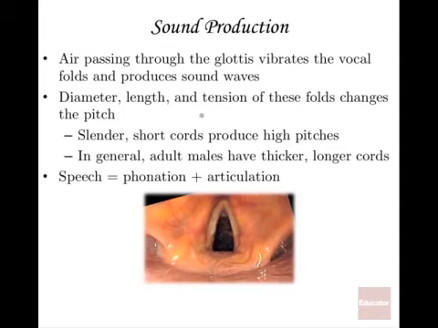On a guitar, the particular strings that make the lower pitch notes are thicker strings, and the really high-pitched ones, the other strings that do the higher pitch notes, are thinner. And it's the same with the piano. Remember, a piano's hammers hit strings, and the ones at the far right end are going to be thinner than the really low notes at this end. And so that's how it works in terms of making different pitches. And like I said before, in general, adult males have thicker, longer cords compared to a female, but there, of course, are exceptions. That's a generalization.